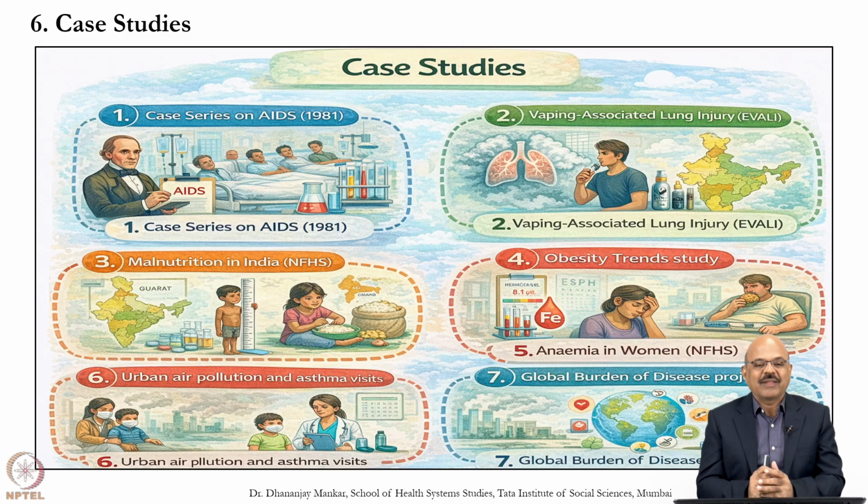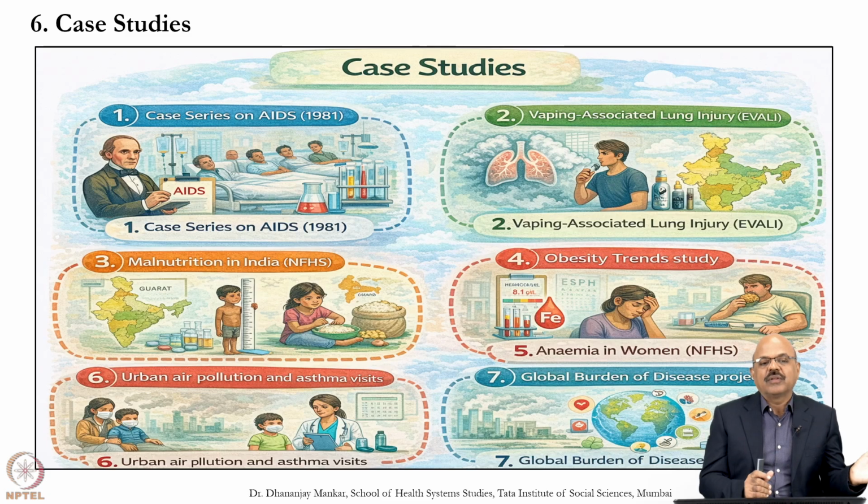Urban air pollution and asthma visits show how pollution is fueling an increase in the incidence of asthma in our country, and pollution has become one of the major reasons for COPD, asthma, or lung cancer, which is increasing even in children, as we are currently finding in our capital city Delhi. Our urban air pollution is causing developmental challenges for children, and also affecting their dietary patterns,